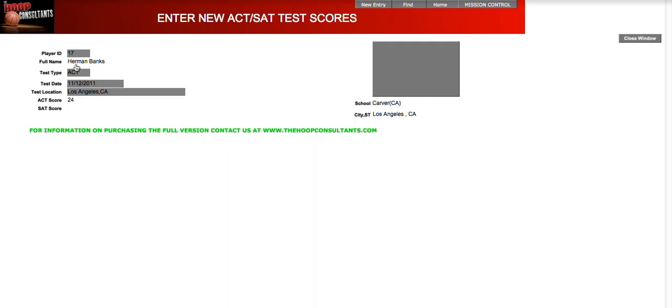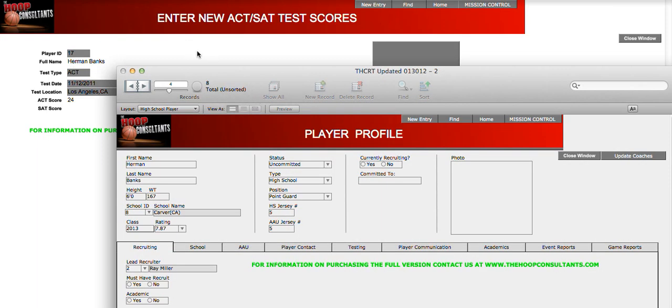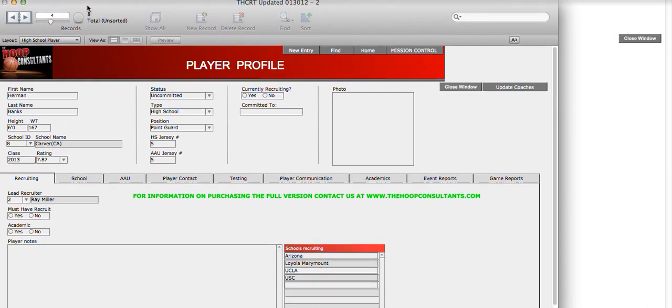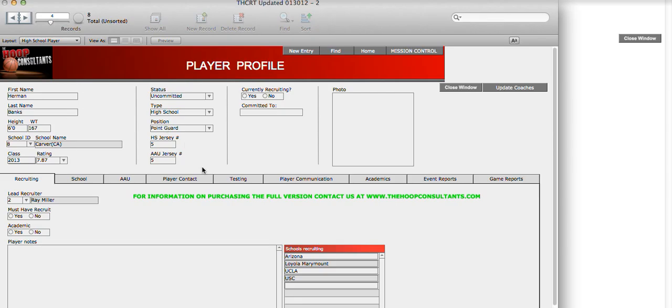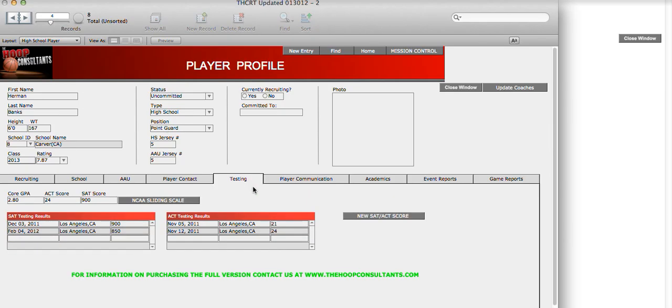So now we can just click on Herman Banks' name right here, and their profile is going to pop up. Just sort of saves you a step. And now we have Herman Banks. We'll go to his testing, and there you go. There are his 4 tests that he took,